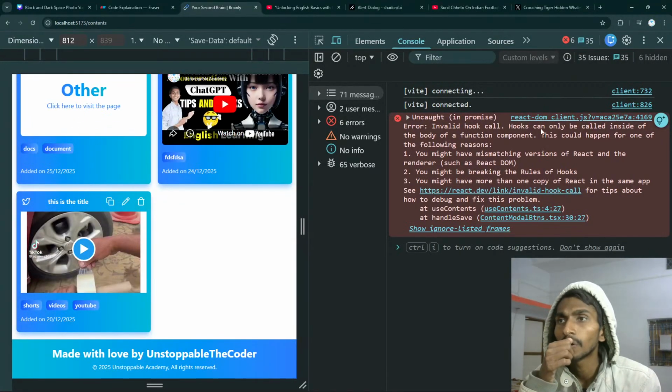What is this? Invalid hook call. Hooks can only be called inside the body of the function component. This